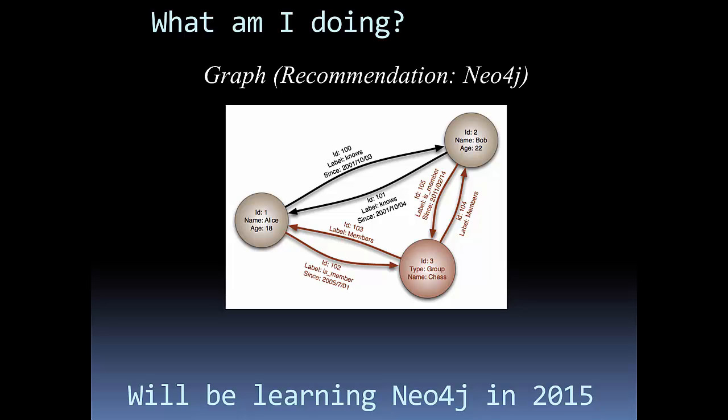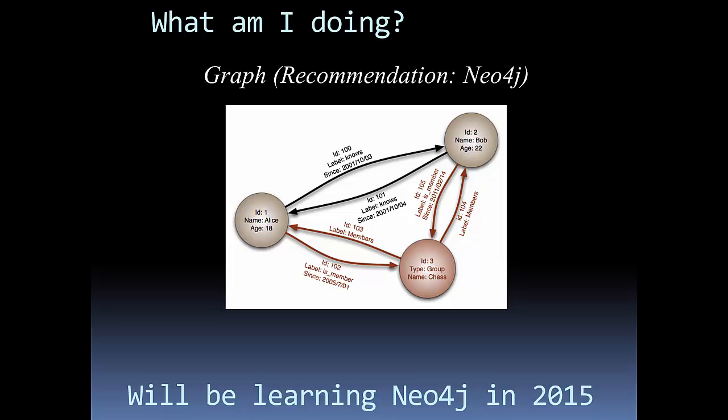One of my New Year's resolutions, one of the goals I set for myself for 2015, is to actually learn a graph database. And so I am going to teach myself Neo4j this year. I think that would be a great one to learn. And my goal for learning, in the theme of not becoming an expert, is this: I don't expect to become an expert in Neo4j, but I do expect to be able to take what I do as a data modeler during the logical modeling phase and see how it relates to Neo4j.